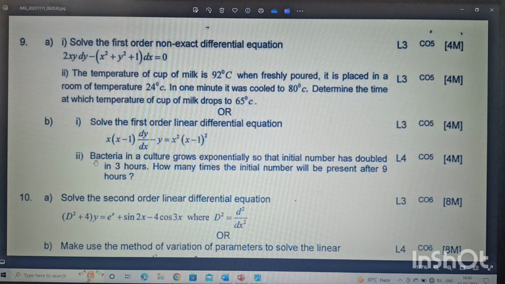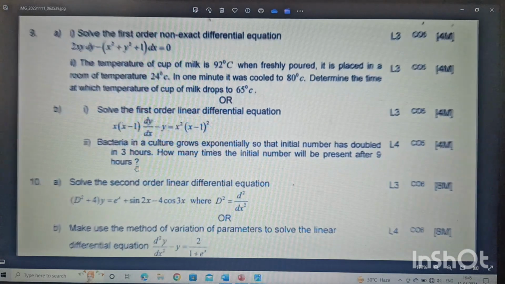Okay, now so in this one, next question given, bacteria in a culture grows exponentially so that the initial number has doubled in 3 hours. How many times the initial number will be present after 9 hours? This is also one of the questions from law of natural growth or decay. Okay, now this is one of the important questions from unit 5. Okay, now so next one